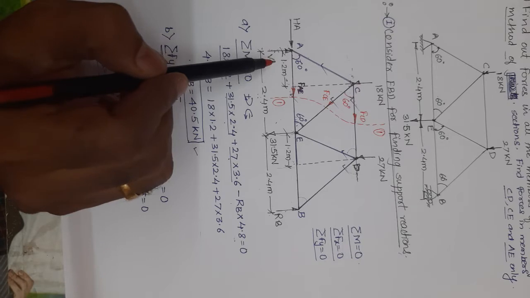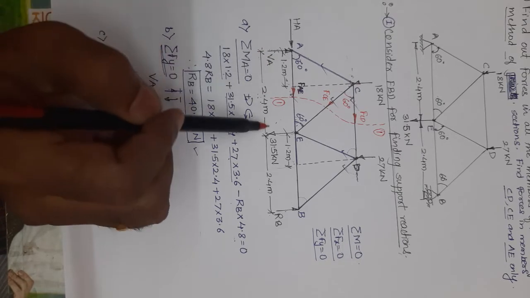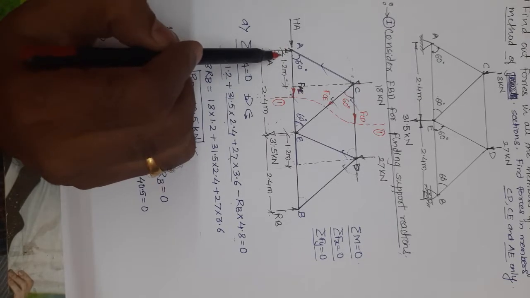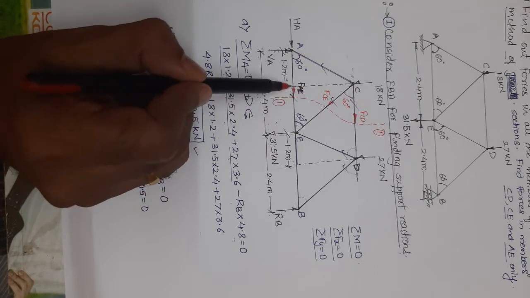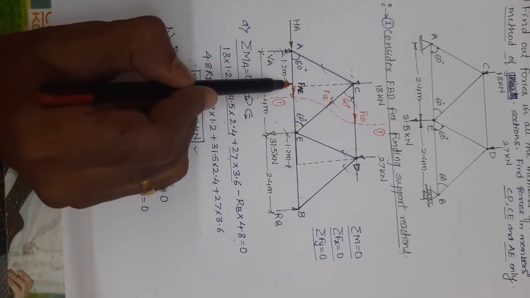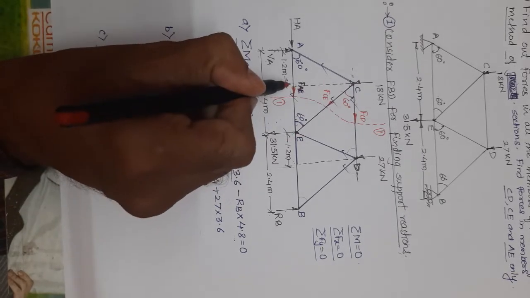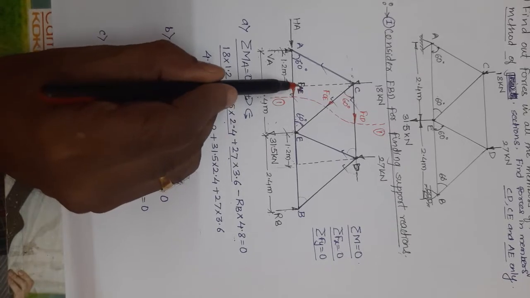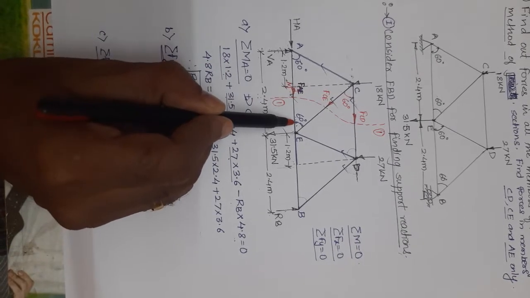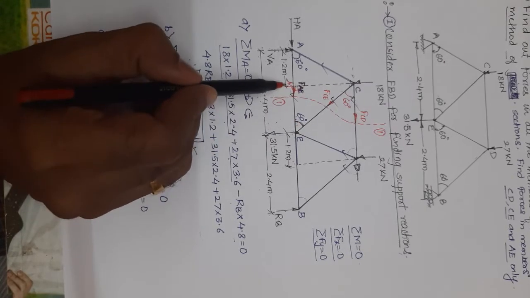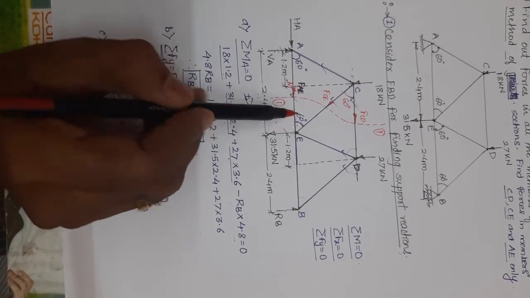One way is, this is 2.4. Since this is an equilateral triangle, all the sides will be 2.4. If you consider only this triangle, suppose I name it C, M and E. In triangle CME, this is 60 degrees, this is 90 degrees. So now we have this distance with us, which is 1.2 meter.